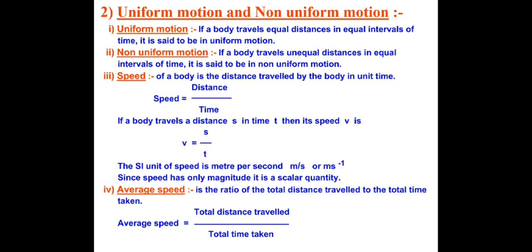So this is the average speed, where speed means what? Speed of a body is the distance travelled by a body in unit time. So speed of any body is equal to the distance travelled by that object upon time. In how much time the body has covered the distance, and how much distance the body has covered, then we can calculate the speed, and we know the SI unit of speed is meter per second.